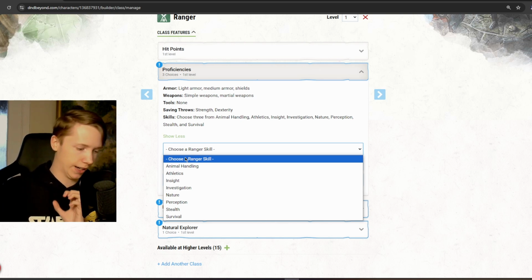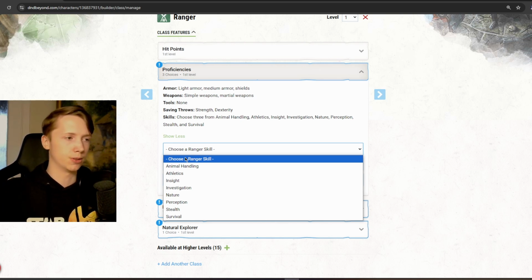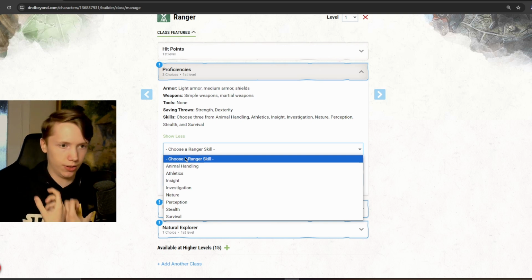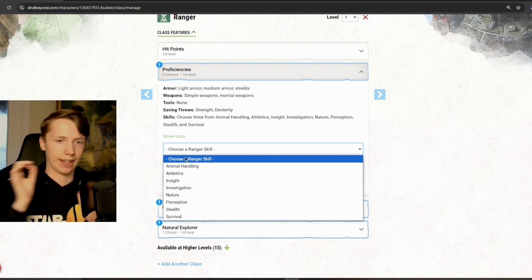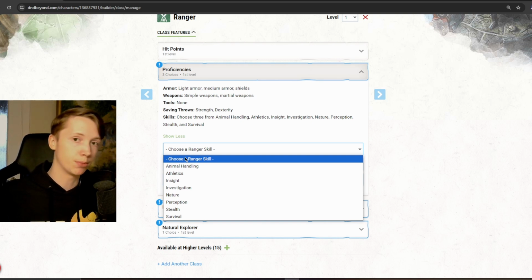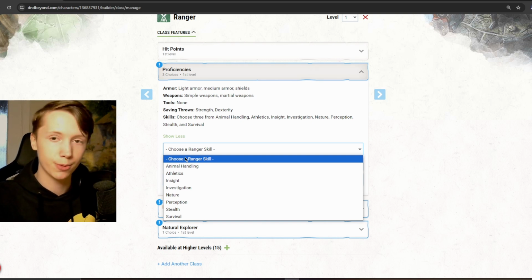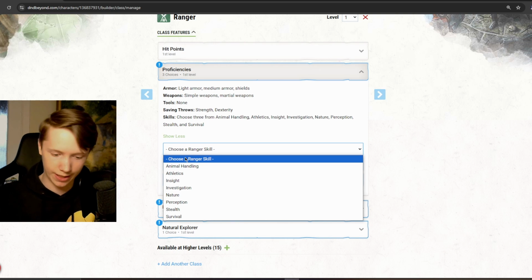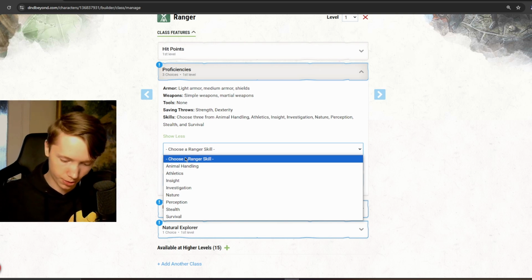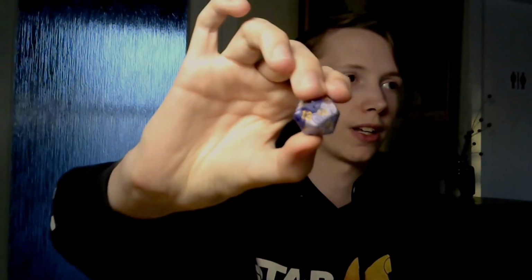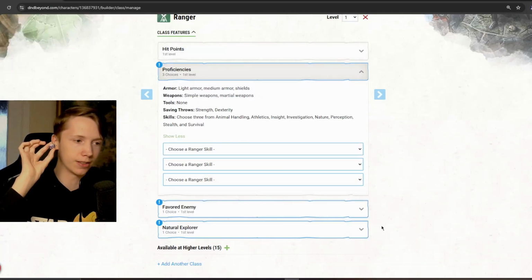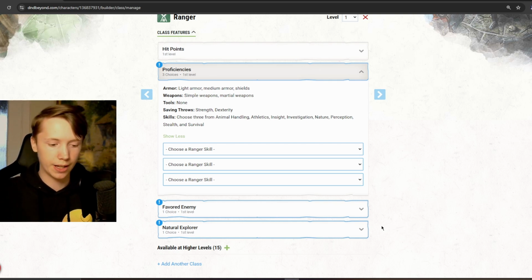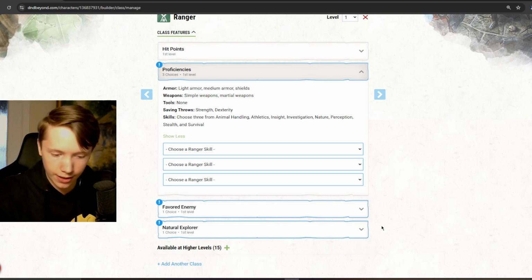So whenever there is a real chance that you can fail an activity, like lifting something really heavy, it's not guaranteed that you are capable of lifting it. The way we figure out whether you are or not is we usually grab what's called a D20, which is a 20-sided dice that looks like this. We grab a D20 and we roll that, and then add